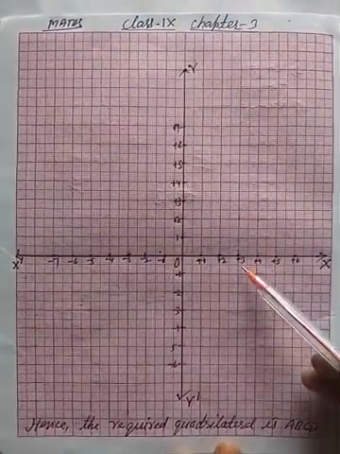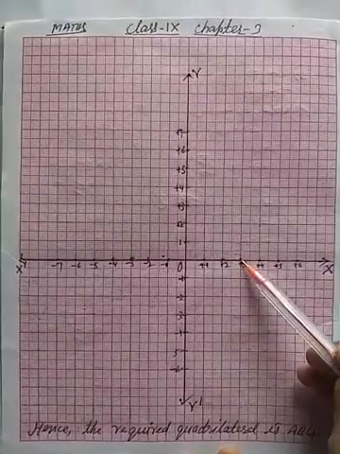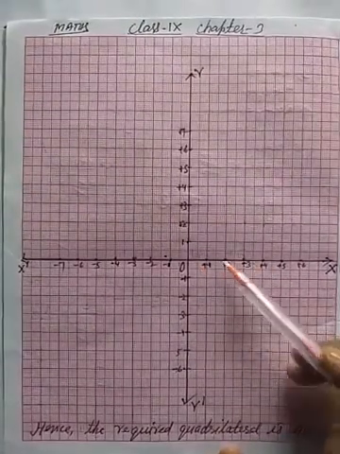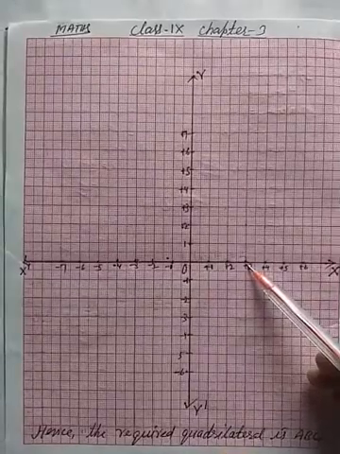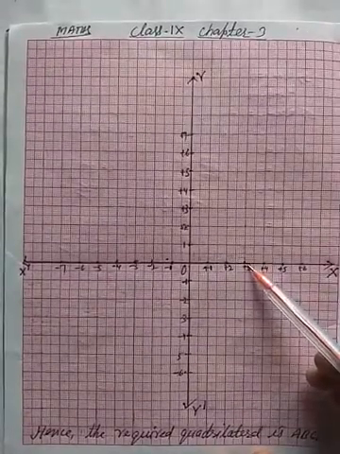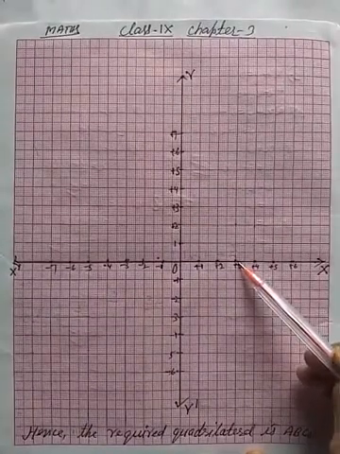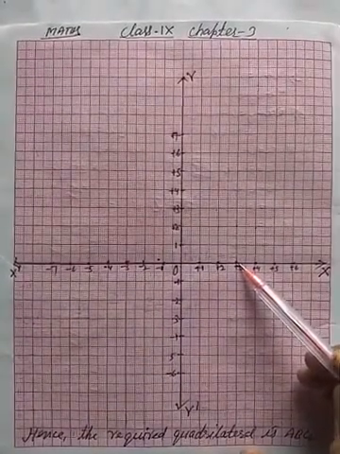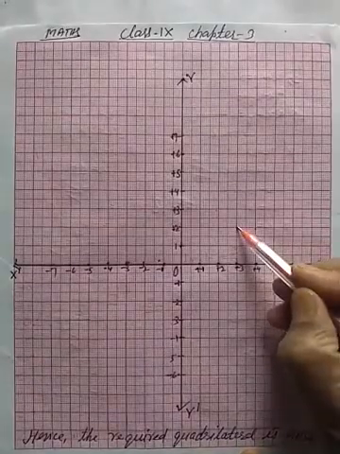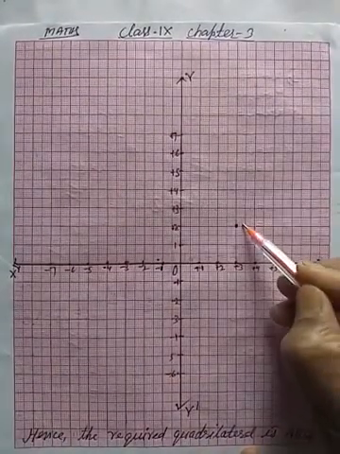So now plus 3 is here. So see here, this is the distance from the y-axis, 1 unit, 2 units, 3 units, and so this is the abscissa, and the ordinate is 2. So here 1 unit, 2 units, so this is the 2. Okay students, and this point is A.